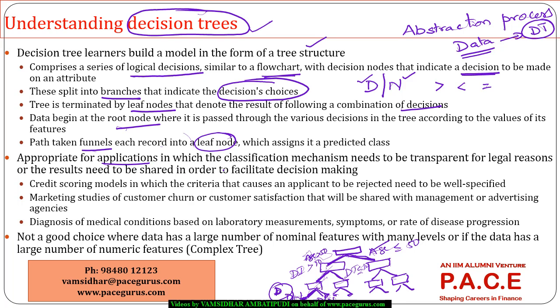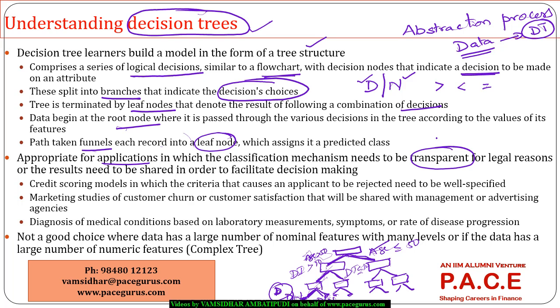It is more and more appropriate for applications where the classification mechanism needs to be transparent, especially for bank loans. If I am rejecting a loan for a particular person, I have to clearly specify why he has been rejected. So there should be a lot of transparency in the process. When someone is rejected for a job, I should have a mechanism which says why he is rejected. I should be able to explain it. So wherever there is a requirement that I have to give an explanation, where the grouping process needs to be utmost transparent,